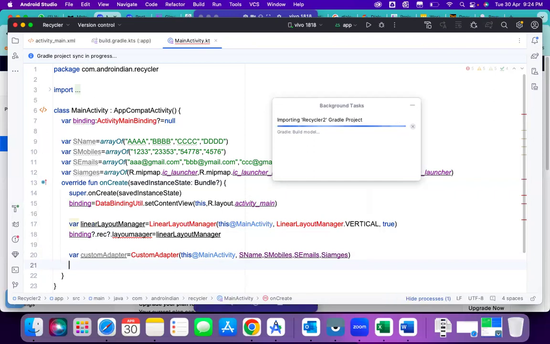binding dot rec, so this will come from there automatically, right? Dot adapter, so we have to set the adapter. There also we set the same adapter, but similarly here we are setting this recycler view with whatever we created here, that custom adapter. So we have created that custom adapter. But once this is loaded, we can create the next step, that is